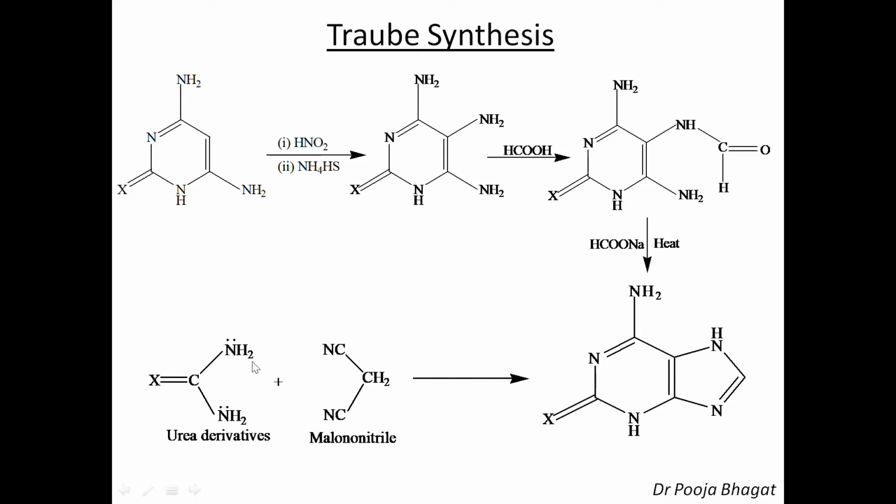Am I clear? So this part, urea part, is this part. Okay, and this carbon is this one, the 4th carbon. CH2 carbon is the 5th carbon and this CN is the 6th carbon and the NH2 is due to this nitrogen. Okay. So that means first take the urea derivative, that if I want oxygen here, then I will start with urea. If I want NH2 here, then I will start with the corresponding amino derivative. So depending upon which type of purine I want, I can change the urea derivative.